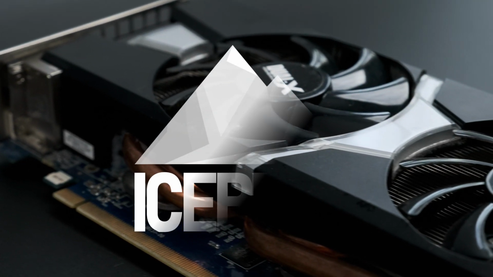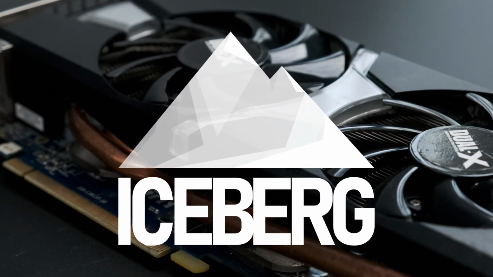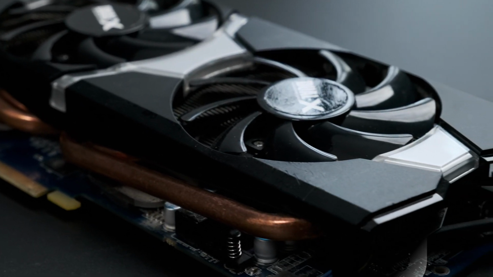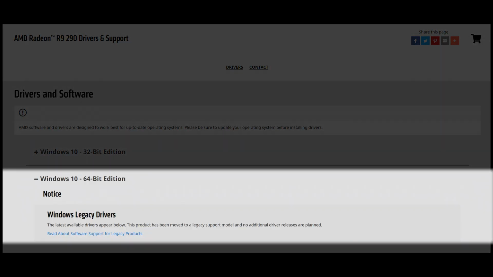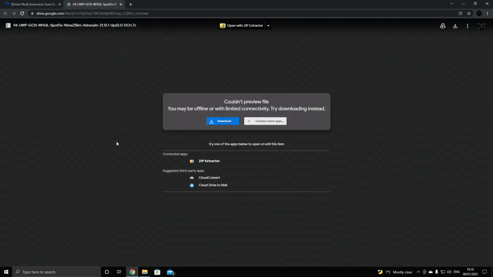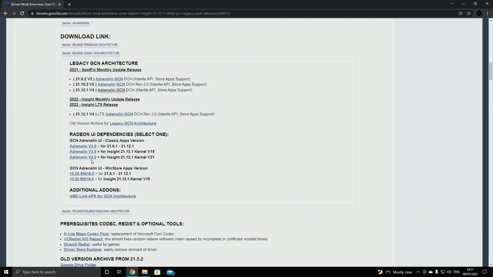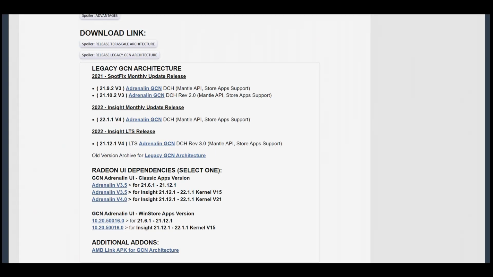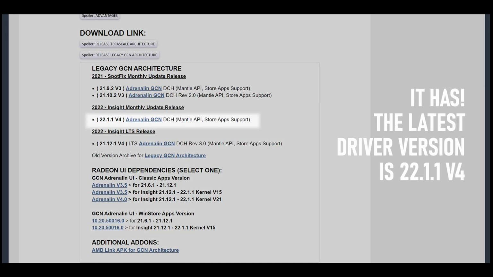If you have an AMD GCN 1, 2 or 3 graphics card and use Windows 10, it is still possible to install recent drivers even though AMD no longer supports them. To do so, download the latest NimeZ modded driver package from the Guru 3D forum linked below, along with the latest version of GCN Adrenalin UI. In this case, those are driver version 21.12.1 and Adrenalin v4.0, though this may have been updated since this video